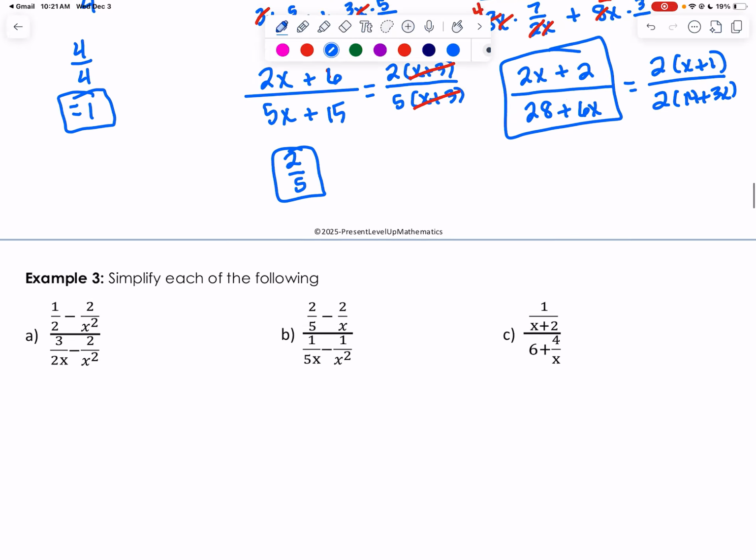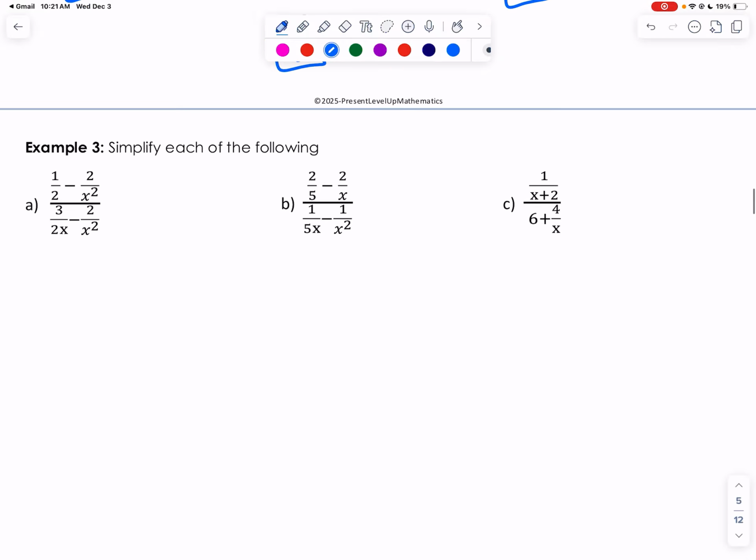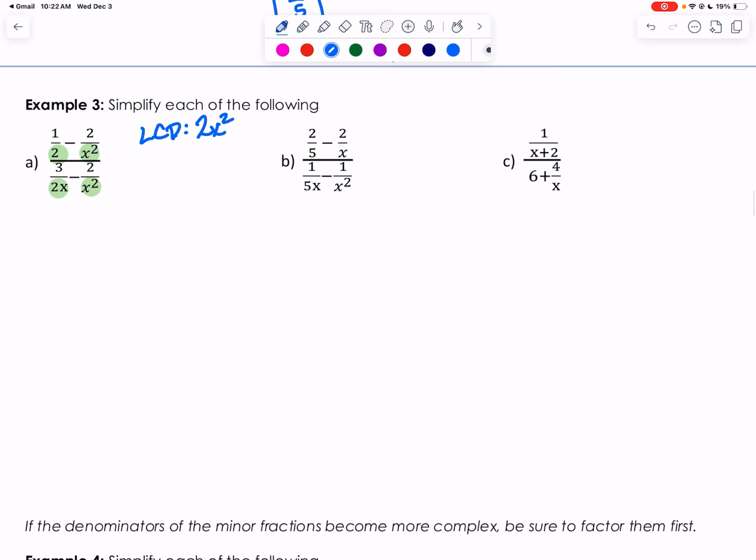All right. In example 3, simplify each of the following. Now, I'm going to look at my denominators, and I'm going to notice that my LCD is 2x squared. So in step 1, take that LCD and multiply it by each fraction. 2x squared